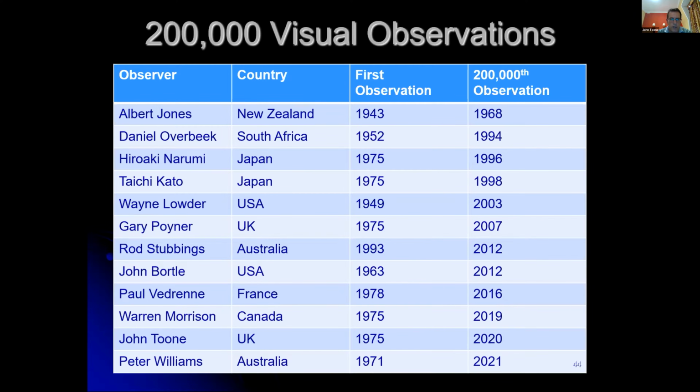For many years, for a quarter of a century, the only person who'd done it was Albert Jones. But in the last quarter century, quite a few people have caught up. And there's a cluster of these observers who started work in 1975 in the Northern Hemisphere, possibly because of the Nova Cygni that year, that have reached this milestone now. And the latest person to join this is Peter Williams of Australia, who reached that milestone on the 4th of July this year. He sent me an email. He told me he got to the milestone, so I was quickly able to add him to the list.